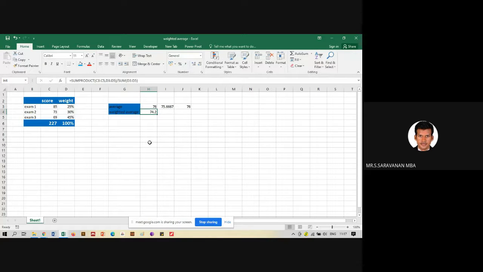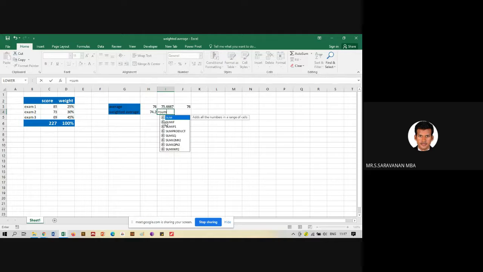For weight, we are going to use sum product. Okay, so it is equal to sum product. Select this 3, comma. We are going to select the weightage.